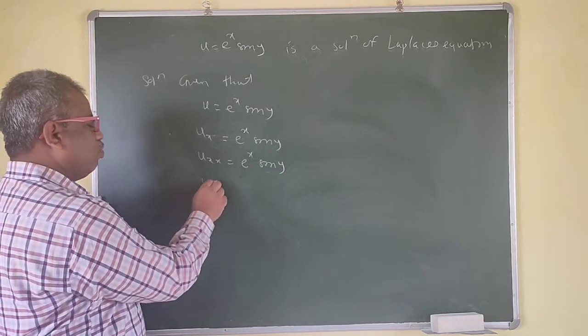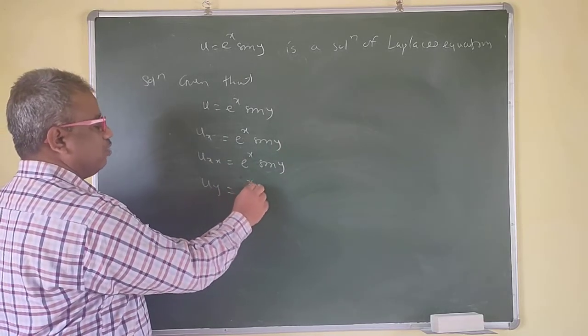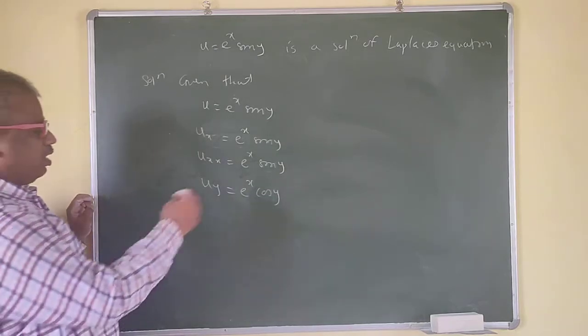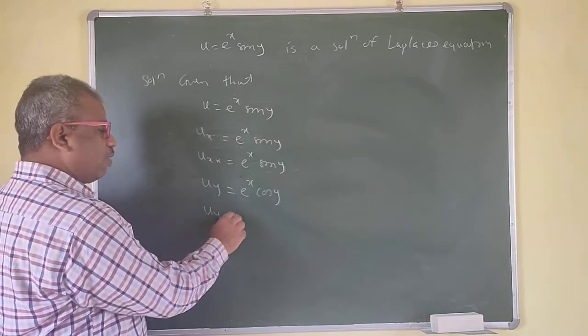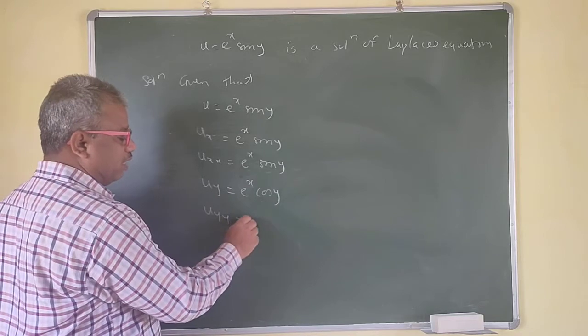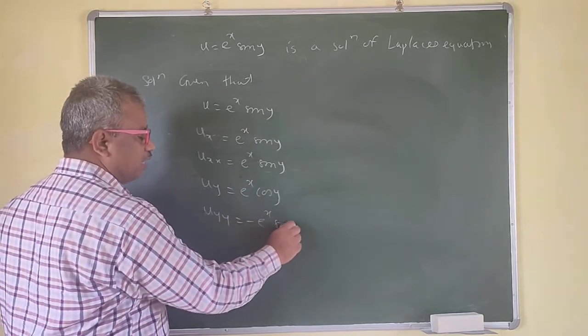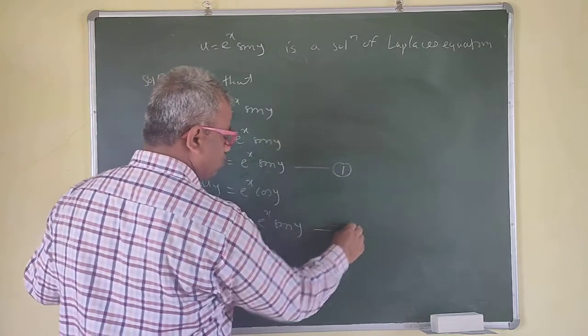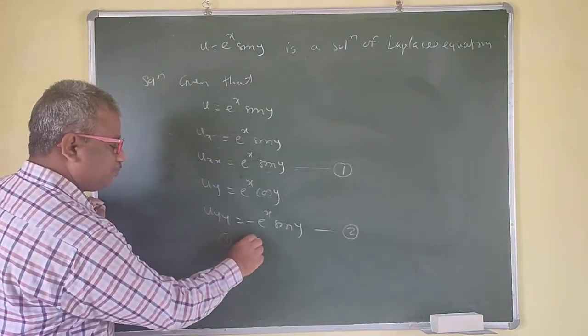So u_y now is e raised to x cos y, because now e raised to x is constant. Again differentiate this, u_yy: the derivative of cos y is minus sin y. So this is minus e raised to x sin y. We call this 1 and this 2. So 1 plus 2 gives